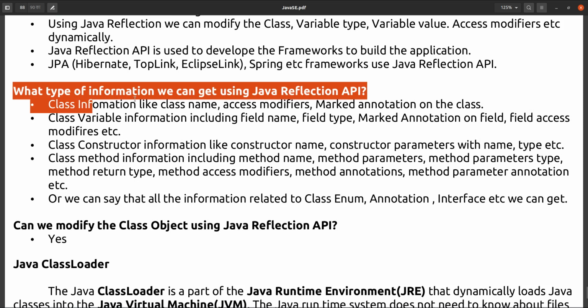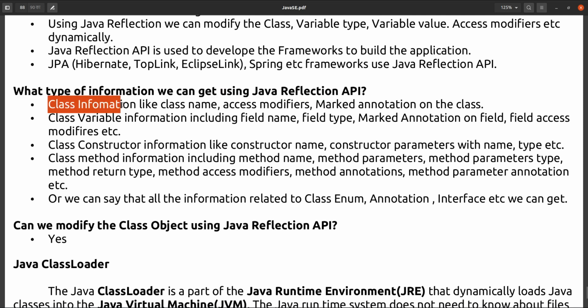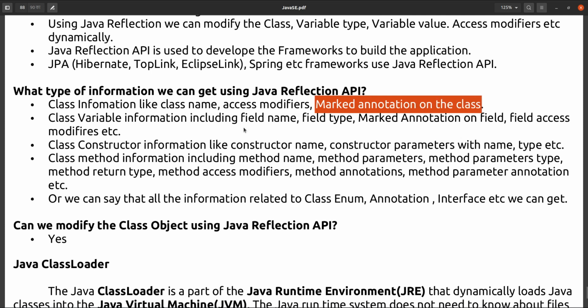What type of information can we get using Java Reflection API? We can get class information like class name, access modifiers, and annotations marked on the class. That means how many annotations are marked at the class level, such as Entity or Table.